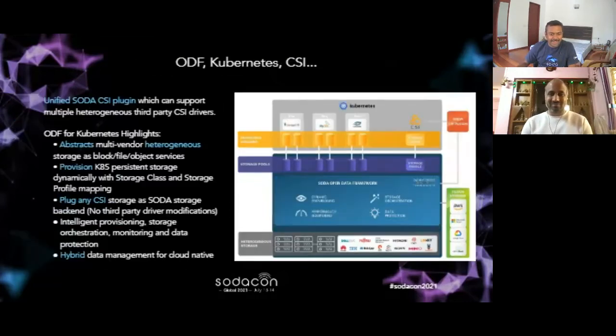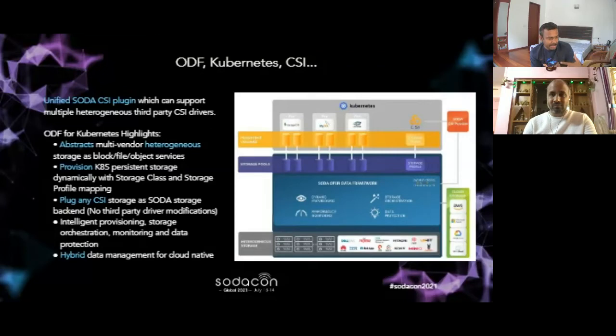Okay, let's go ahead. Now let's focus on what is specially available for CSI, the container storage part, in ODF. ODF natively supports Kubernetes, and now we talked about the SODA plugin. Similarly, to connect Kubernetes we have the SODA CSI plugin, because, as Kiran was telling, CSI is a specification.